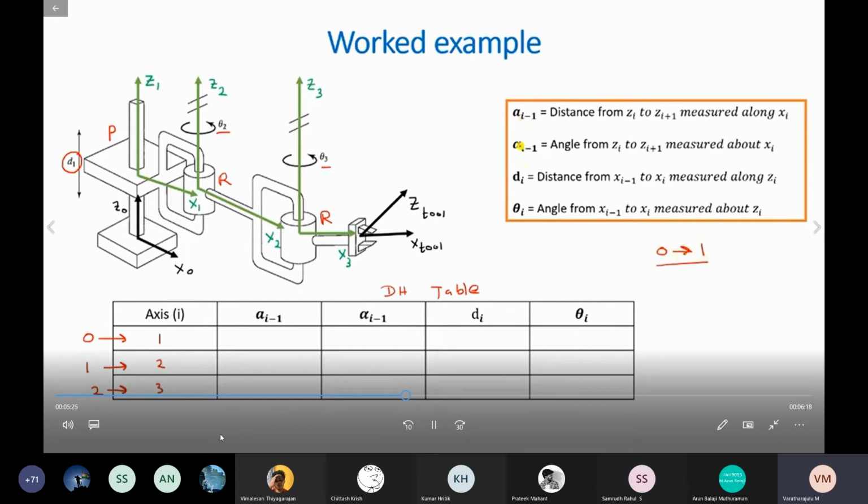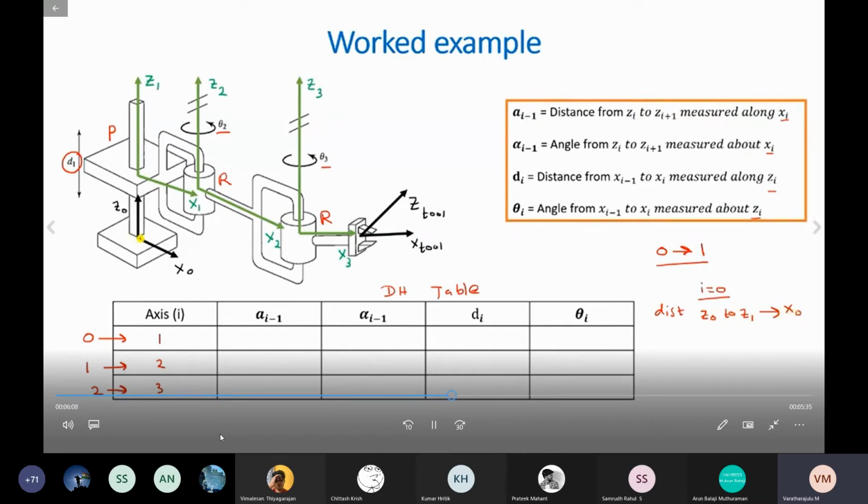So let's consider the first case, moving from 0 to 1. Now for the first two parameters, a_i minus 1 and alpha_i minus 1, i would be equal to 1, so z_i minus 1 would be z0 and z_i would be z1. The same applies for d_i and theta_i. So our x_i minus 1 is x0 and our x_i is x1. This is because we want to keep our x's and z's in relation. So let's have a look at it. For a_i minus 1, we want the distance